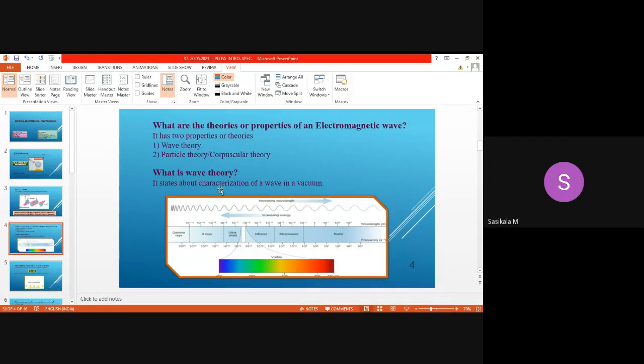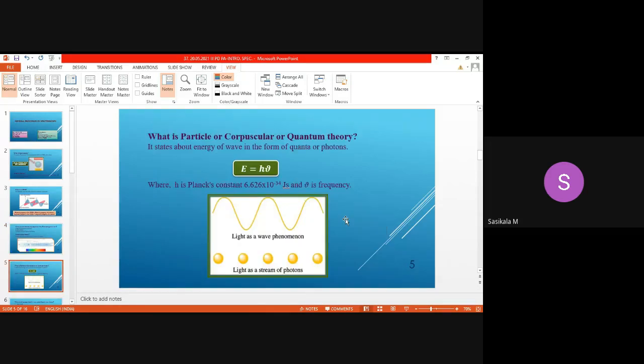What are the characteristic parameters? You can see from the picture itself some readings mentioned here, that is called wavelength, and some readings mention frequency. So we can measure the radiation either with wavelength or with frequency in the way of propagation in the vacuum. So this type of theory is called wave theory. Now let's see what parameters come under wave theory. We'll see later. Before that, we'll see what particle or corpuscular theory is.